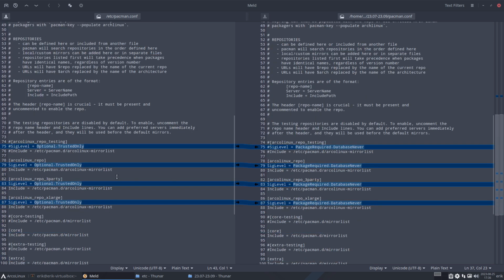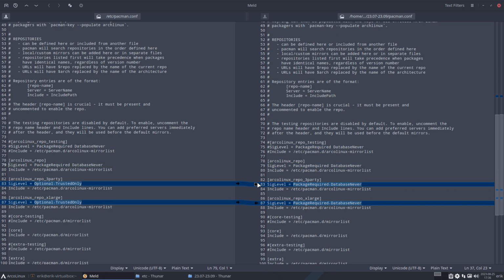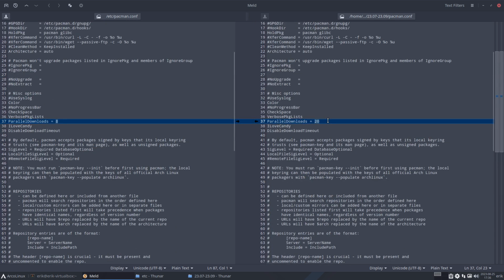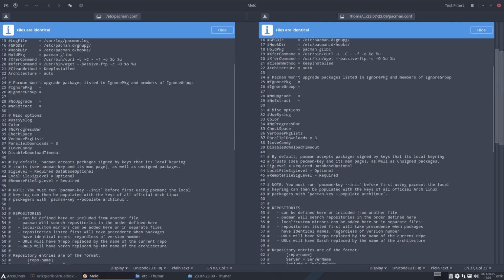What else have I changed? The optional trusted only is now package required database never, and that's it. You see it come back each single time, and that's it. So like I said, I'll just make it 8 so this doesn't pop up as blue, right? Now we save,